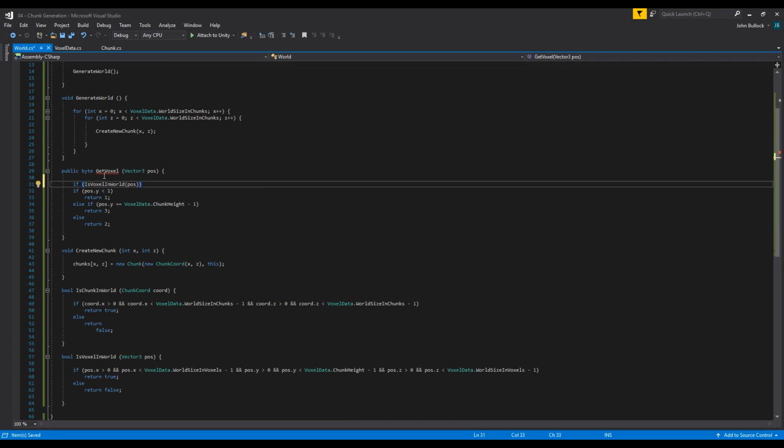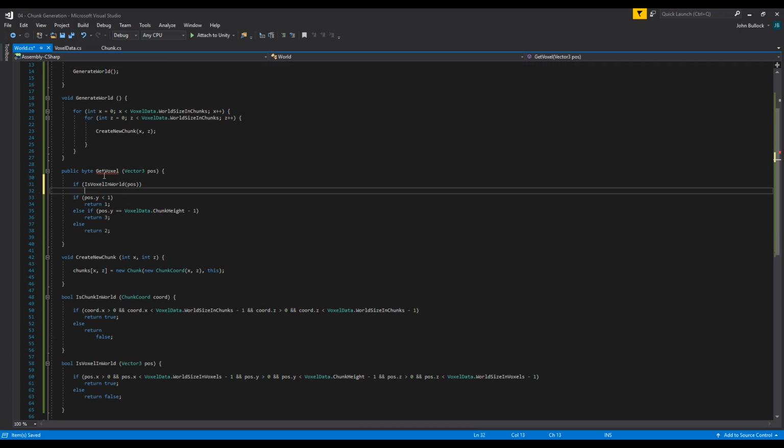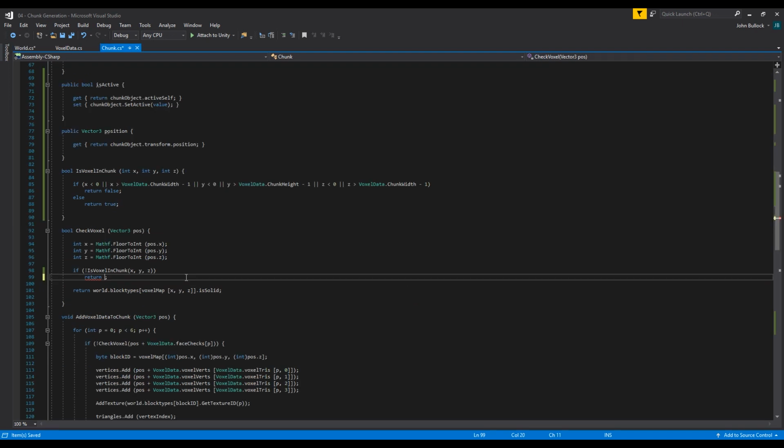If whatever voxel we're passing in here is outside of the world, we're just going to return 0. There's no point in messing around. We don't need to know anything about a voxel that is outside of the world, because we're never going to generate it. So the way we get our proper value is we return